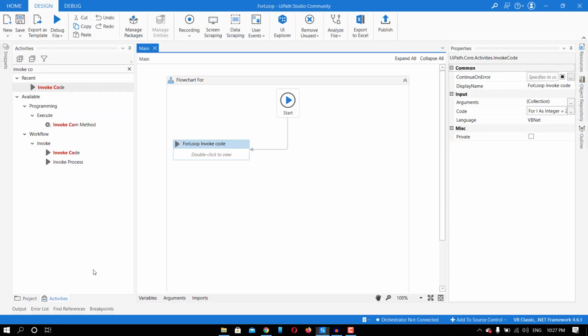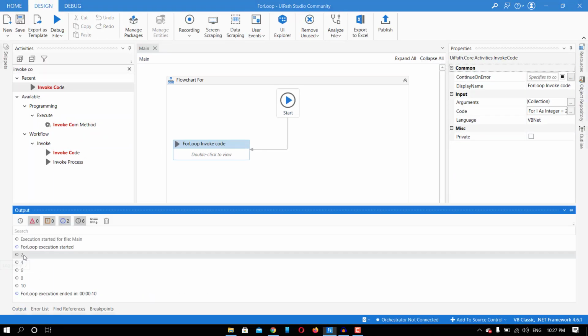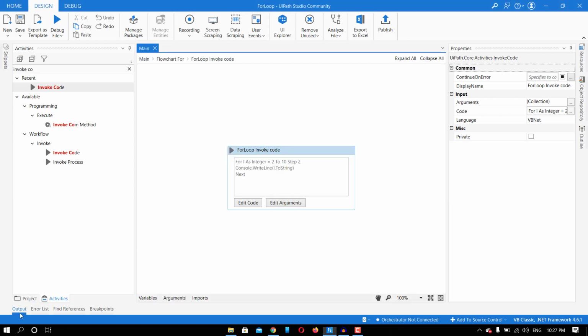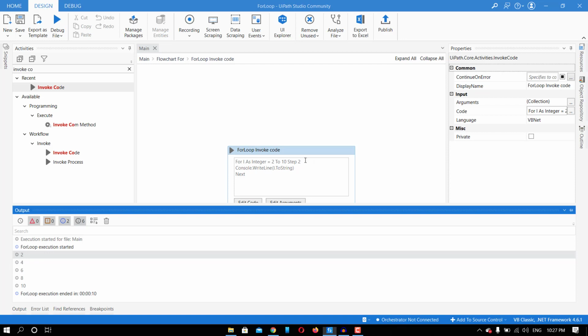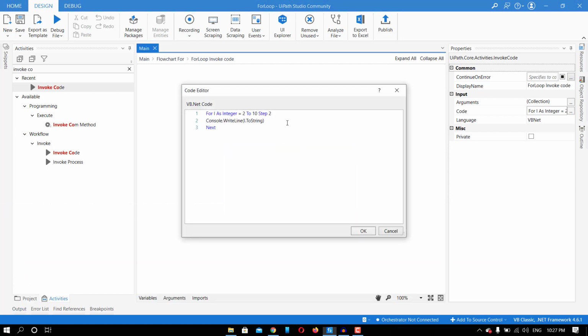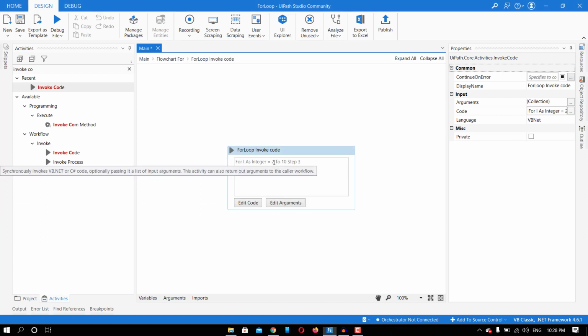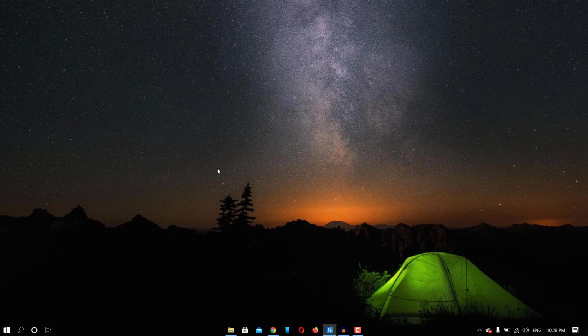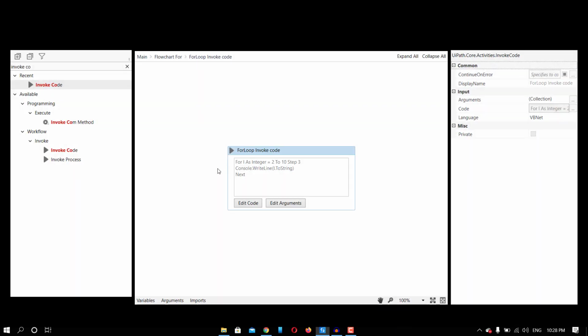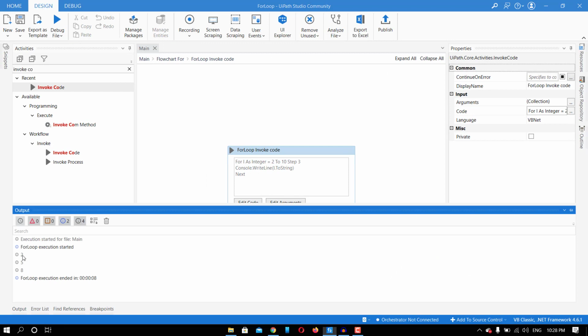So now if I go to output panel, you can see first it has printed 2, then 4 because we are doing an increment of 2 by a step 2, right? Then 6, then 8 and 10 like this. I can do the increment of 3 also. Let me show you. Now I am doing the increment of 3. So first it will print 2, then 5, then 8 and 11 it will not print because it's out of range. So if I go to output panel, it has printed 2, 5 and 8.